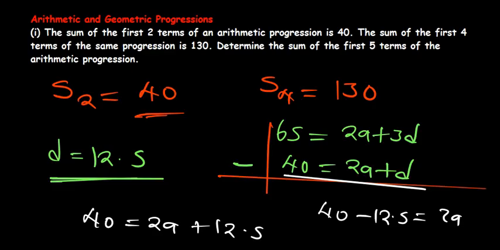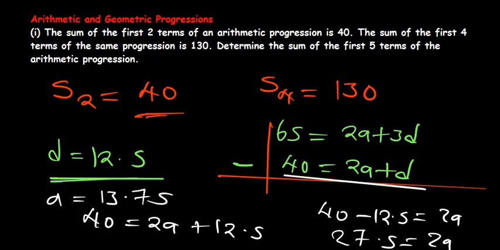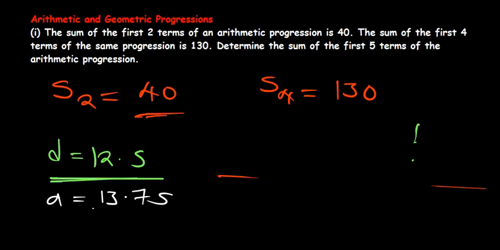40 minus 12.5, 27.5, is equal to 2a. Divide by 2. So the answer I'm getting for the first term is 13.75. Okay. So now that we've got these, now your task is for you to use the formula for the sum